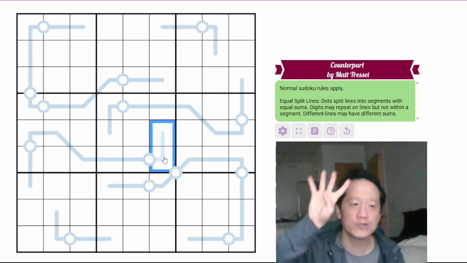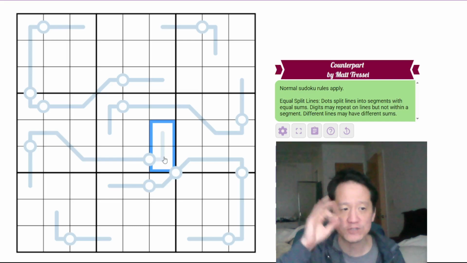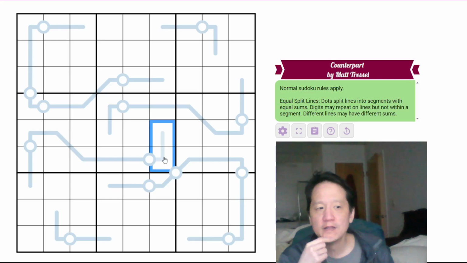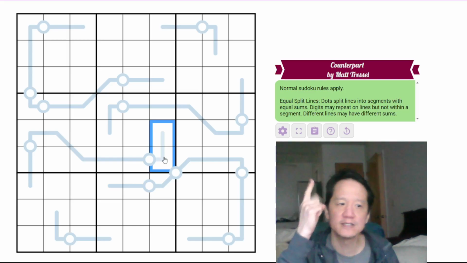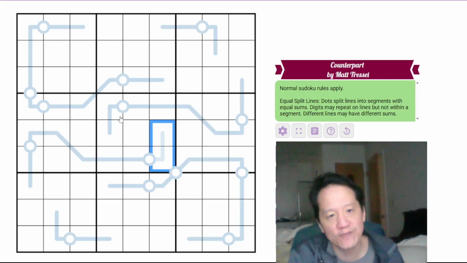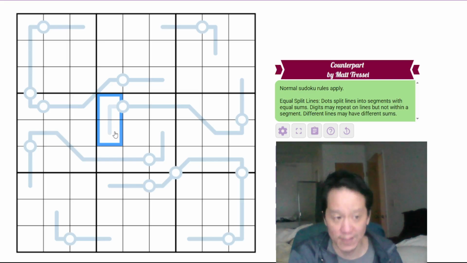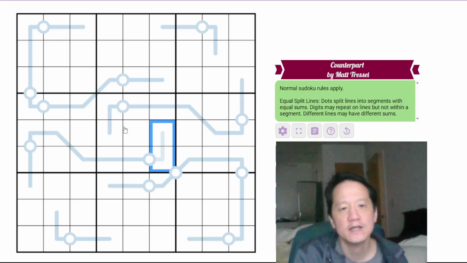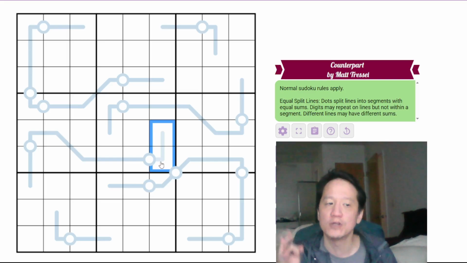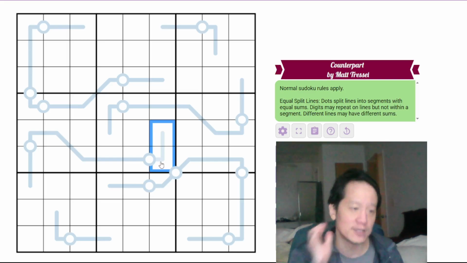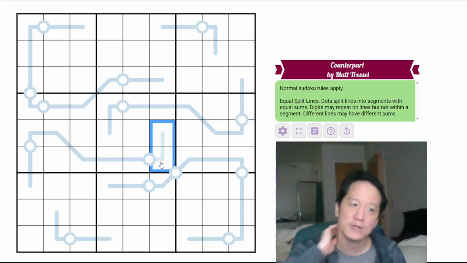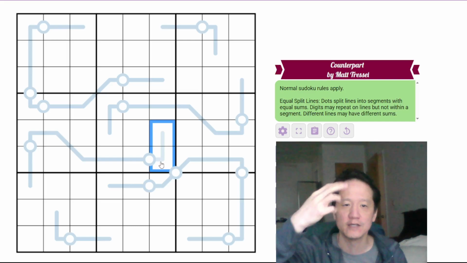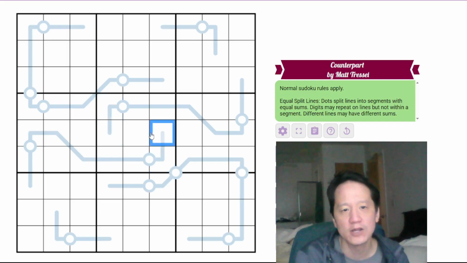If you have 4 digits trying to add up to 30, which is 15 plus 15, the only combination you can have is 6, 7, 8, and 9. And since they both have to add up to at least 15, you can never have one adding up to more than 15. If you try to have 15 and 16, say, those 4 digits would have to add up to 31, which you cannot do without repeats in normal Sudoku, because the maximum is 6, 7, 8, and 9. And since they're in the same box, there cannot be repeats. Therefore, these 2 sums must